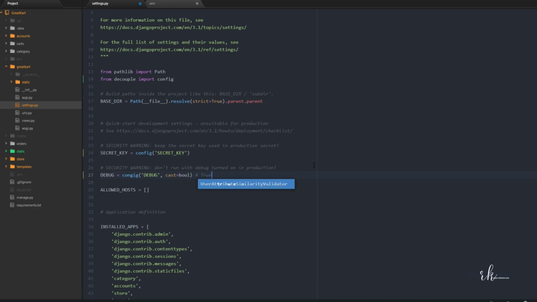Okay, true or false or whatever. So this is not a string anymore. So this is a boolean. Okay, so that's what it is accepting, right? Also you can set the default value here if you want. Default true. Okay, so default value means if there is nothing inside the debug key, then the default value will